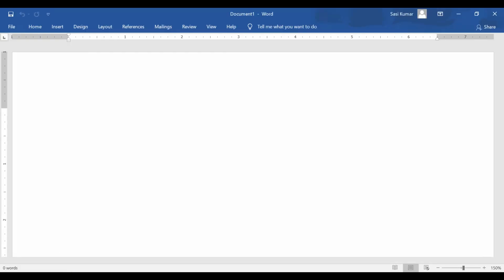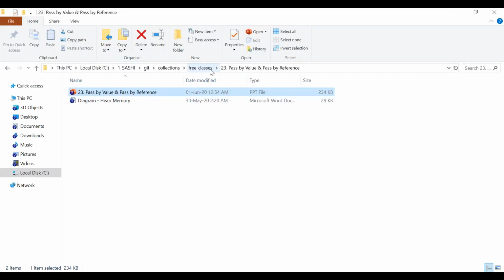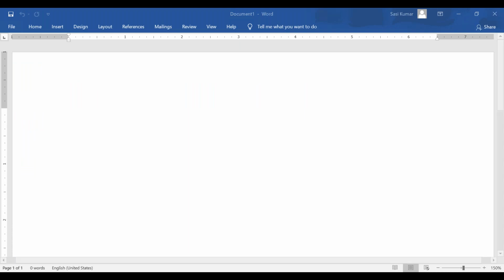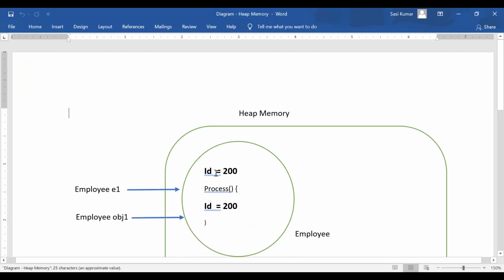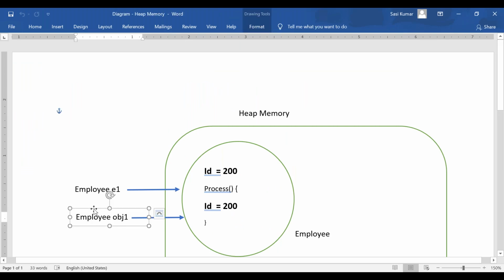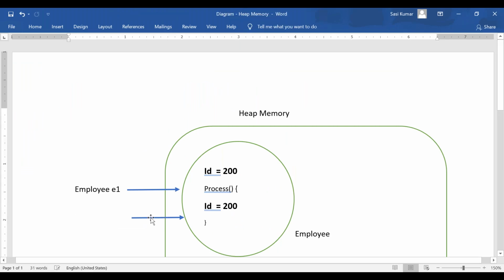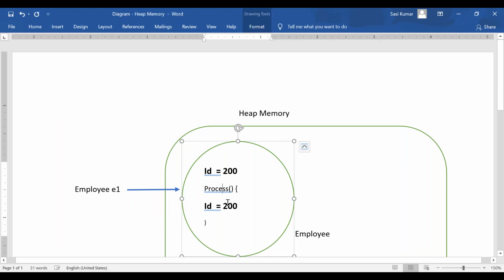Correct? So let's go back. This is our diagram, right? What happened? We have created only one object, right? Only one object, correct?